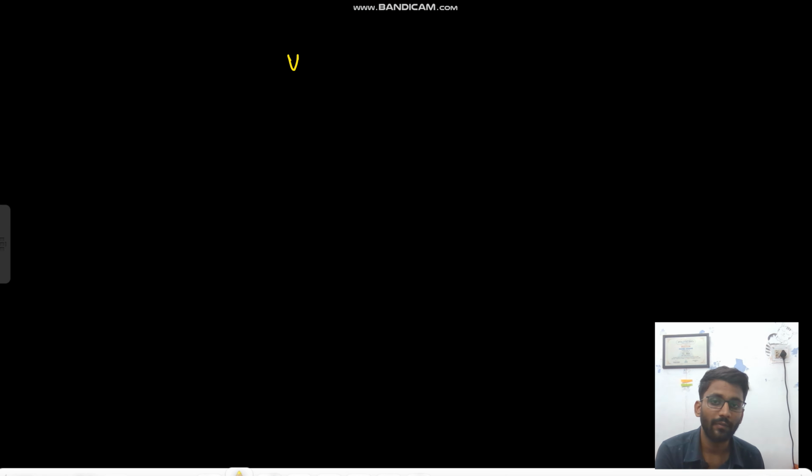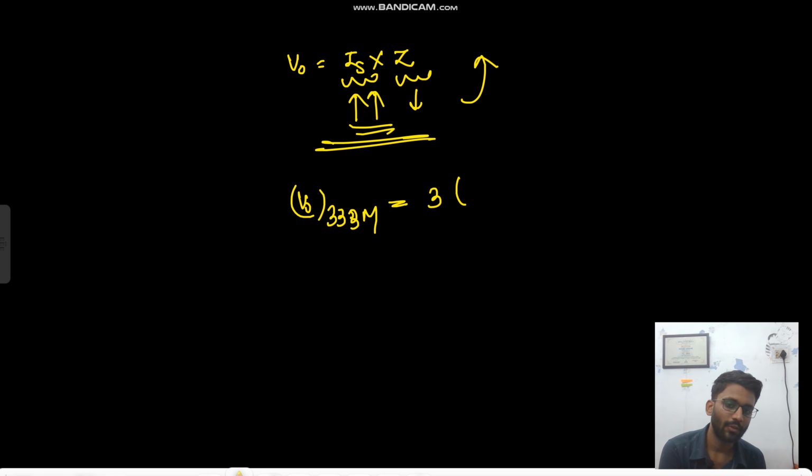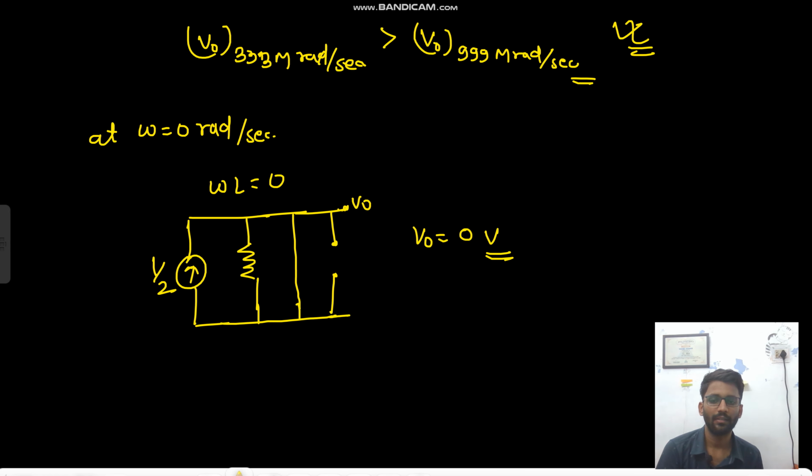And what is V naught? V naught is IS into impedance. So this is getting increased by 3 times, but the impedance is not getting decreased by much. So impedance is almost the same. So your V naught at 333 mega radian will be 3 times your V naught at 999 mega radian per sec. That's why your answer will be